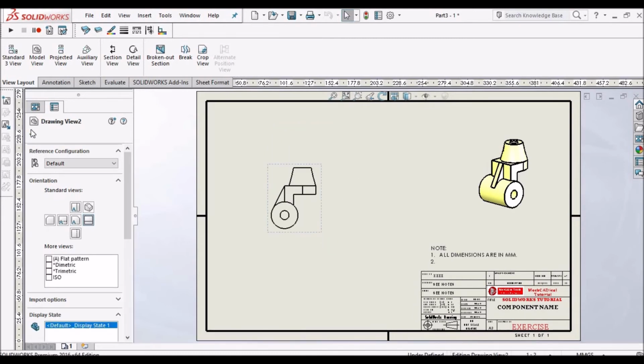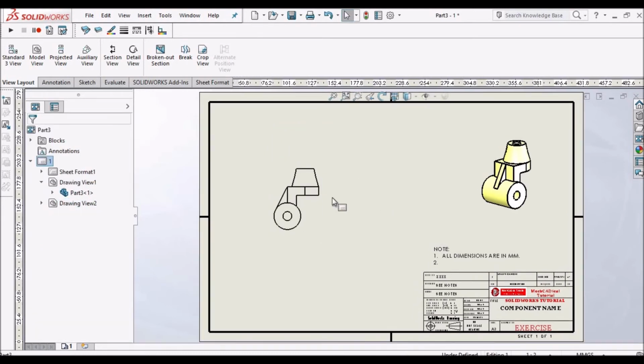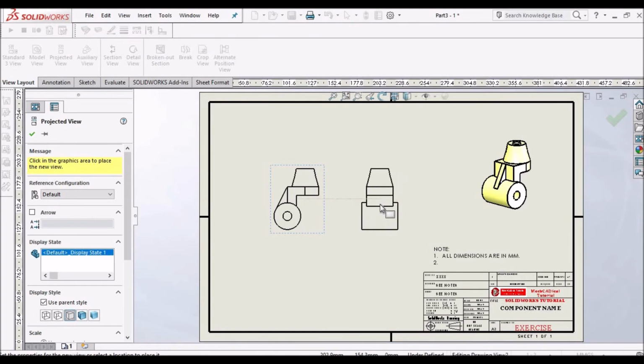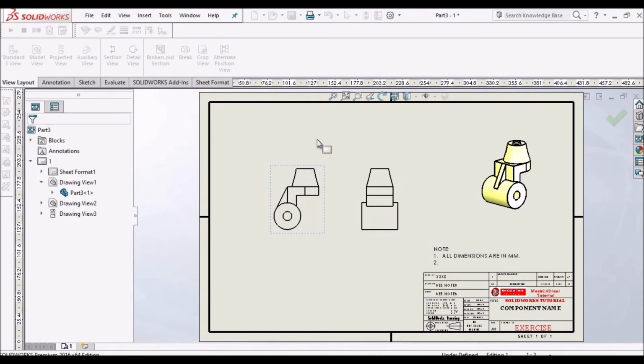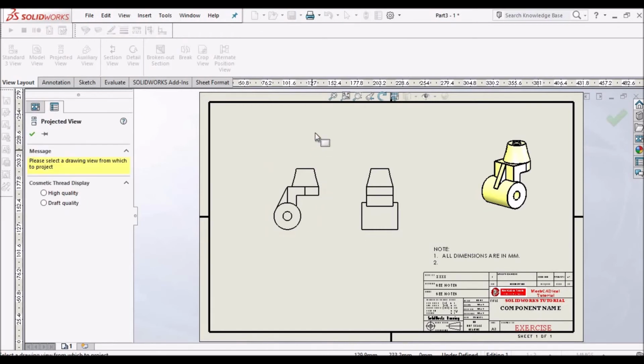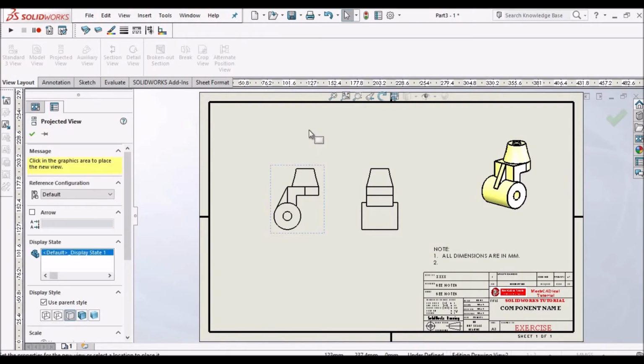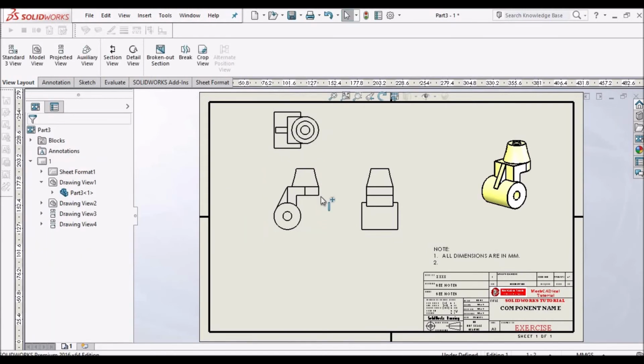So my right side view would be front, so I can keep projected view this way and top view. Okay.